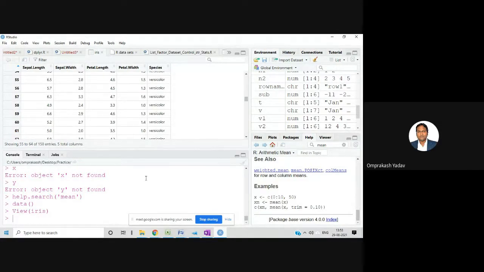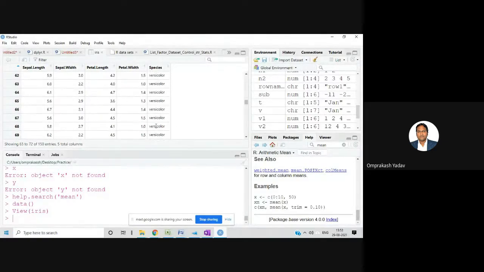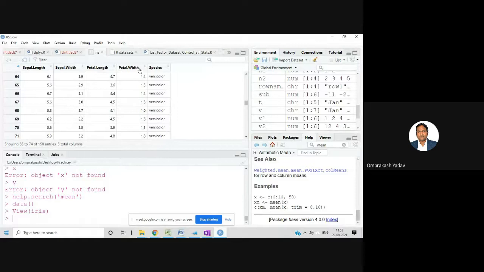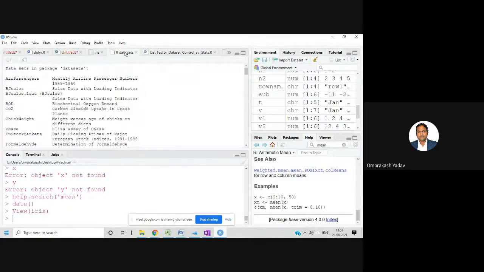Yeah, no issue. So this iris is one kind of flower, and of that, 3 species are there, like versicolor, virginica, and setosa. Of those 3 species, this data is being collected. So their sepal length, sepal width, petal length and petal width are collected, and one data set is made. Similarly, let me show you.